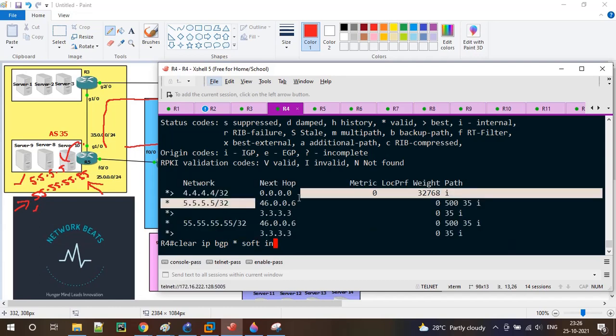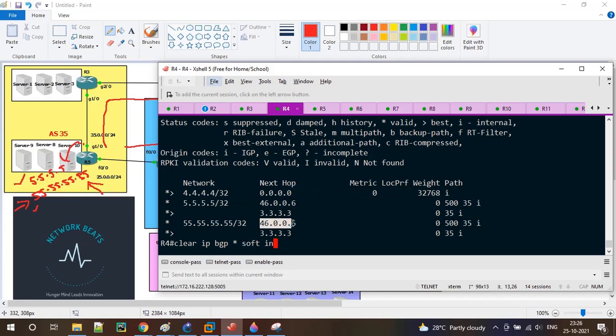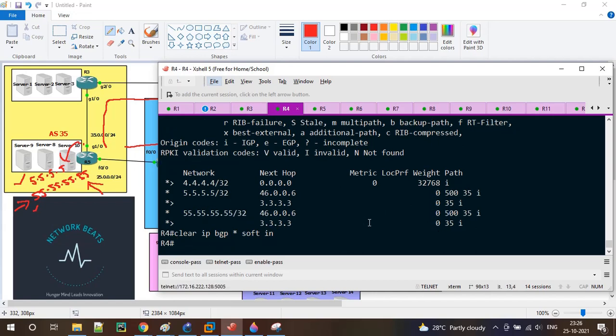For every prefix which is learned via R6, it is going to match the network. If it sees 55.55.55.55, then it is going to set the weight to 123. Outbound is not necessary because we are only manipulating the weight attribute in the inbound direction.